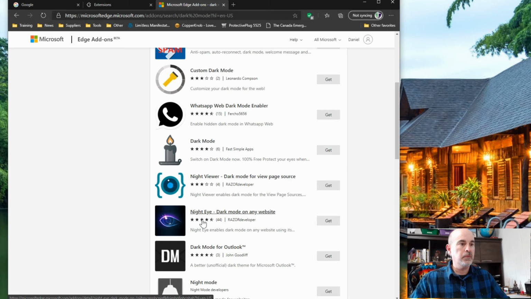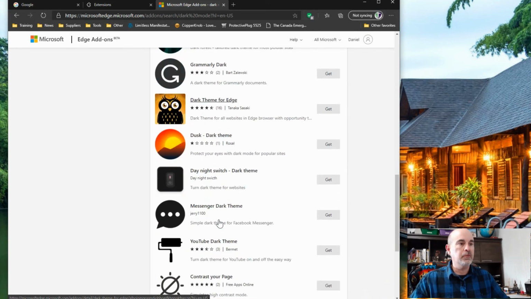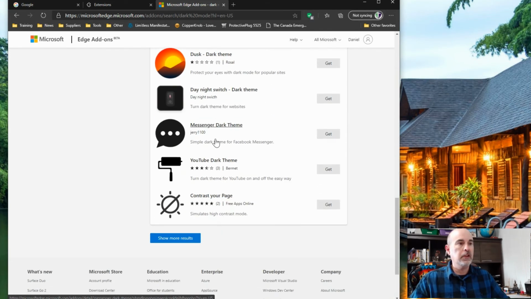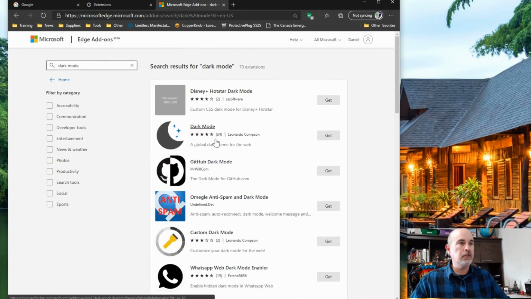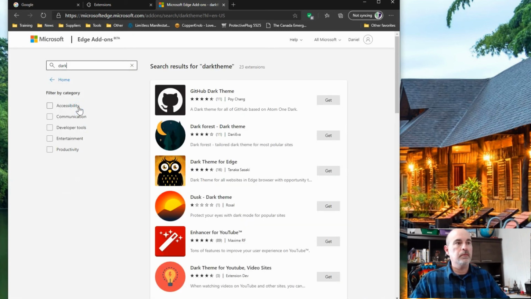Here there's a 4.5 star rating, it looks like, with 44. That's probably the best one here yet, which is still pretty pathetic actually. There's not a lot of people on here using extensions for a dark mode. We can probably just say dark theme.